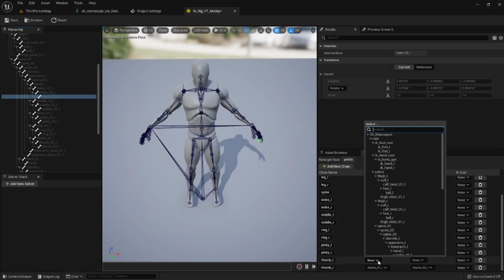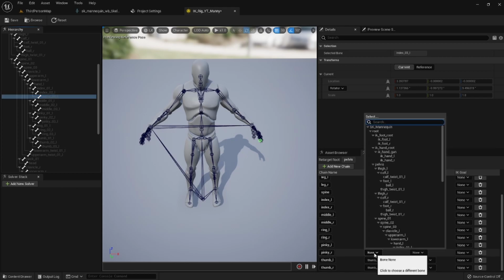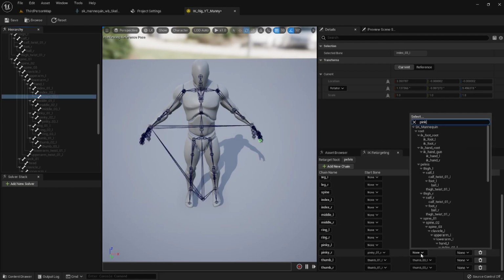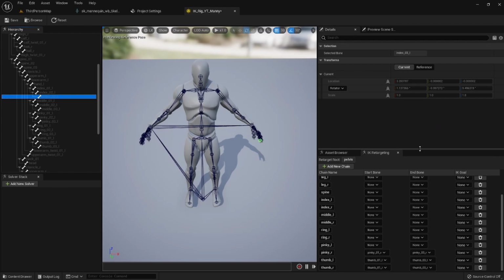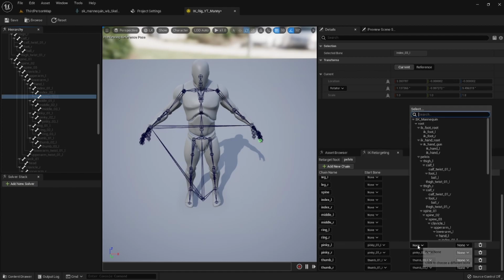Make sure you're doing this with the correct letter. Don't put thumb L on thumb R because things will look crazy. So just take your time with this and make sure you're doing it right. This is something that you don't want to rush through, because you don't want to have to redo this work, or figure out that your setup is not working because you rushed through this. So let's do pinky L3,